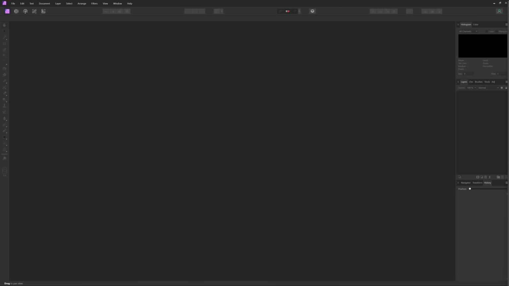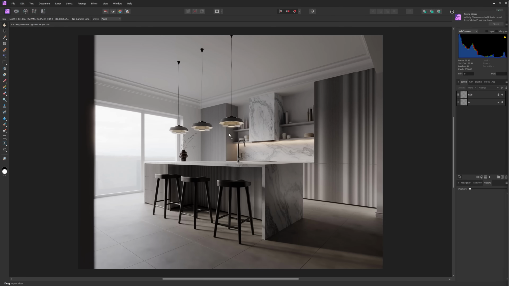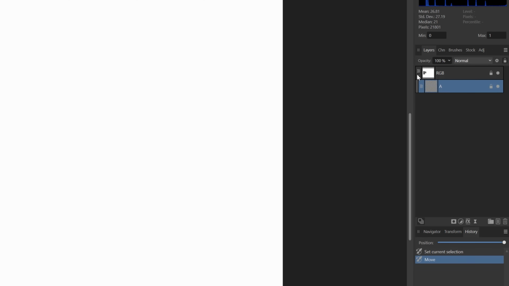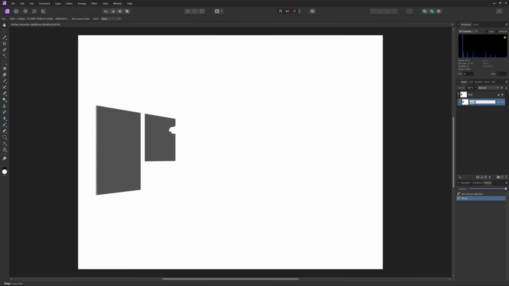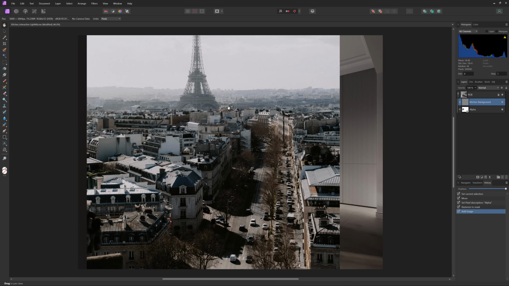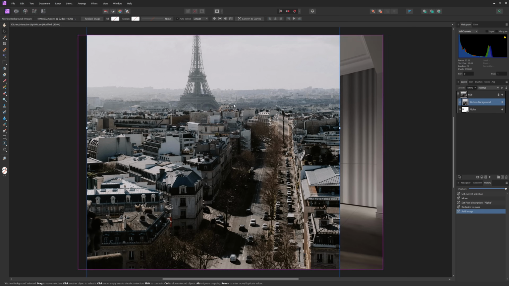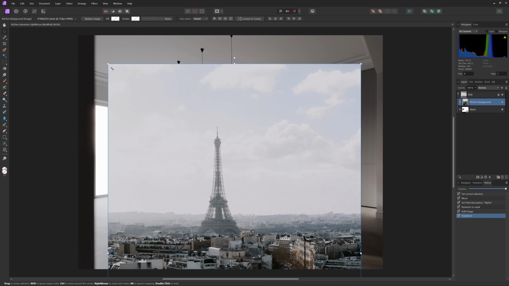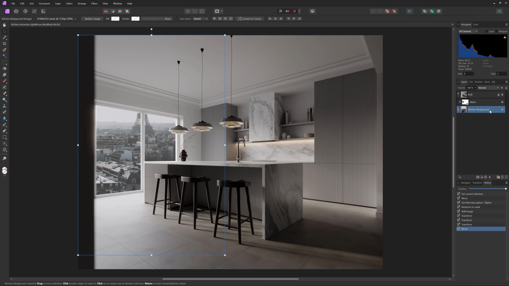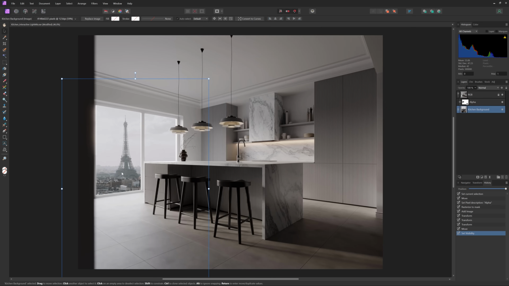Okay, so when I drag and drop the EXR file, I can see my alpha pass below automatically. Okay. So first, I try to make a mask from this alpha layer. I use the option Rasterize to Mask. Here we go. It worked. Next, I add the background photo. Here it is. It's placed at the actual size. I can scale it down with the Move tool, the same shortcut as in Photoshop. Because the alpha was selected, the image was placed on the RGB. We can place it and adjust it.